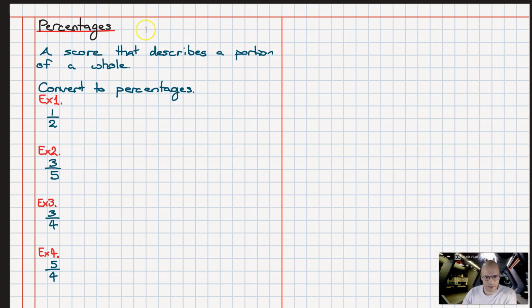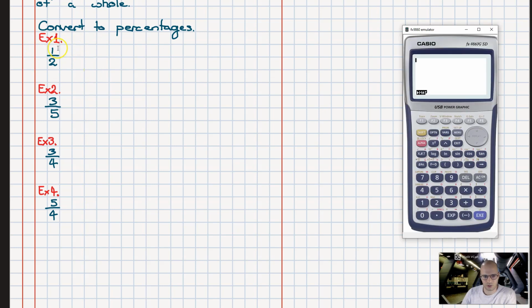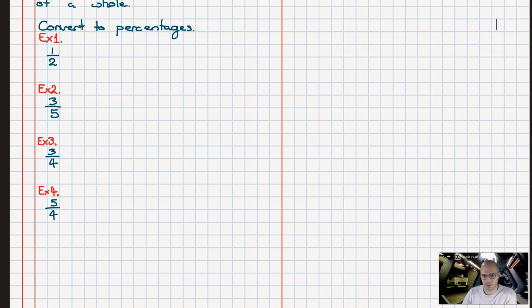Now, let's have a look at how we can convert fractions to percentages. And it's actually a really simple process. Say, for example, we have 1 over 2. What we can do is bring up our calculator and type half into our calculator, or 1 over 2. So 1 over 2 equals, then press the FD or the SD button on your calculator, and it will come up as 0.5. So I'm going to get that decimal there, and I'll write